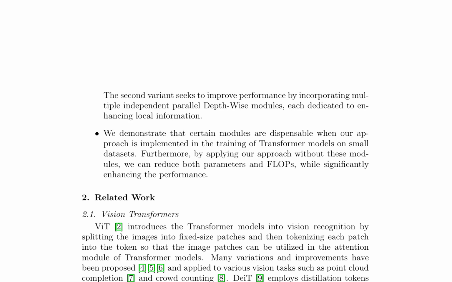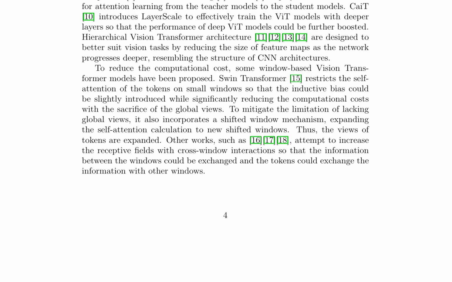This approach demonstrates that certain modules are dispensable when training transformer models on small datasets, and by applying the approach without these modules, both parameters and FLOPs can be reduced, while significantly enhancing performance. The proposed method addresses the limitations of ViT models by leveraging the strengths of CNNs while maintaining the global context capture capabilities of transformers. This approach significantly boosts the performance of ViT models on image classification, object detection, and instance segmentation tasks, especially on small datasets such as CIFAR10,